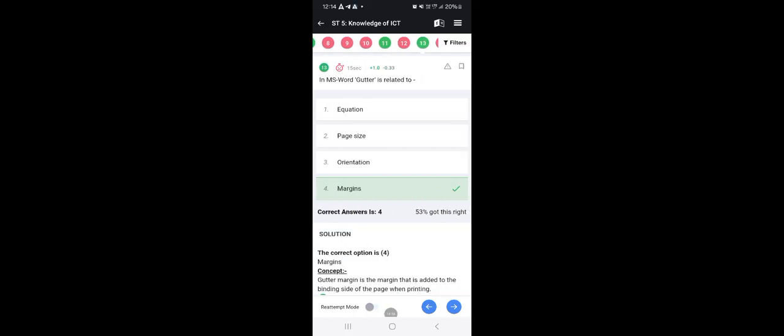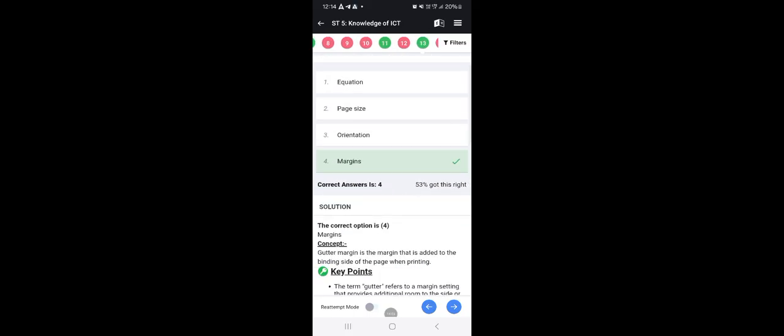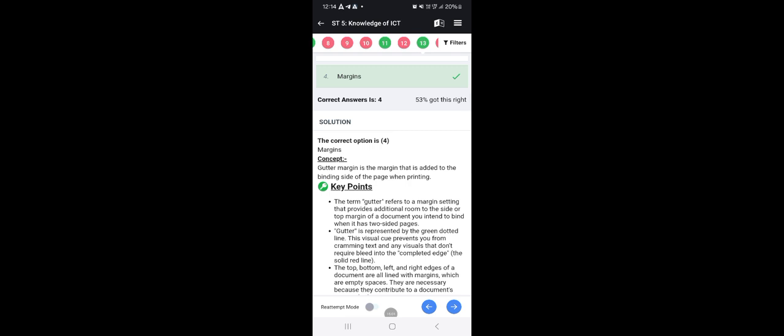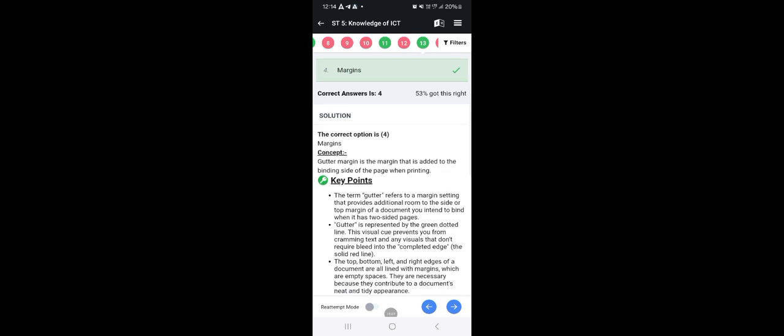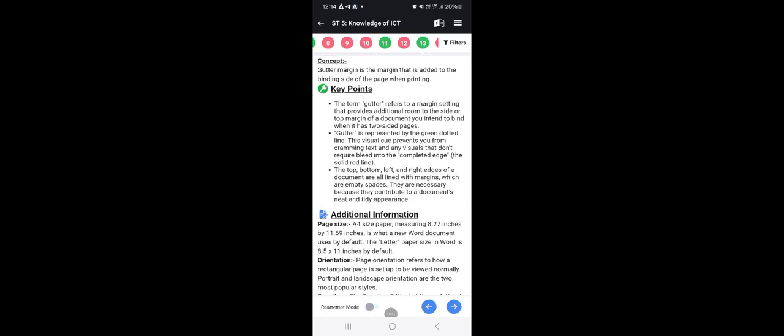Now next, in MS Word, gutter is related to margin. In MS Word, gutter is a margin that is added to the binding side of the page when printing. The term gutter refers to the margin setting that provides additional room to the side or top margin of a document you intend to bind, which has two-sided pages.